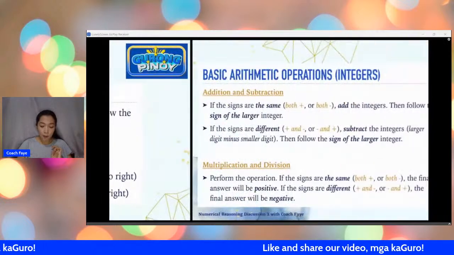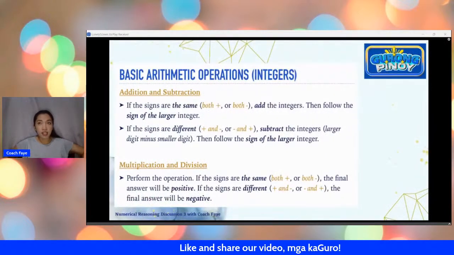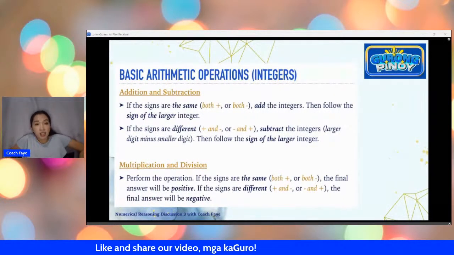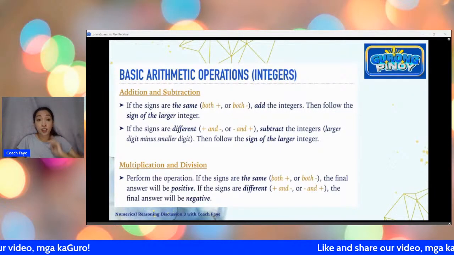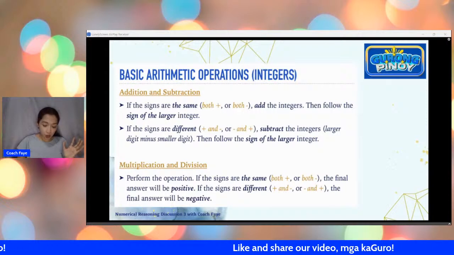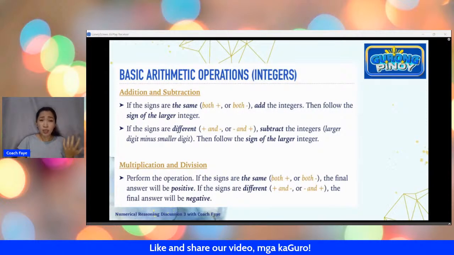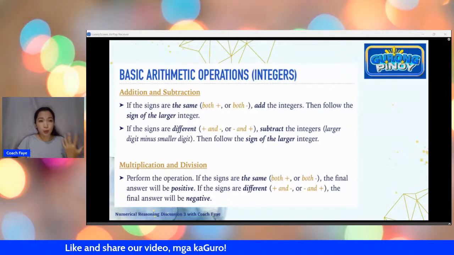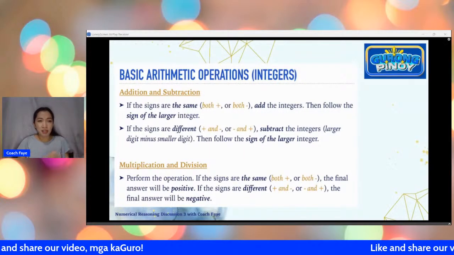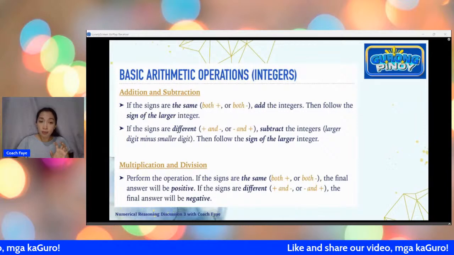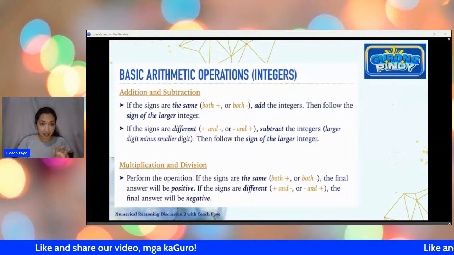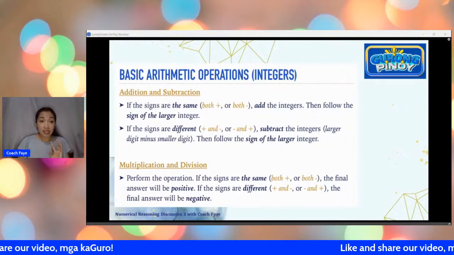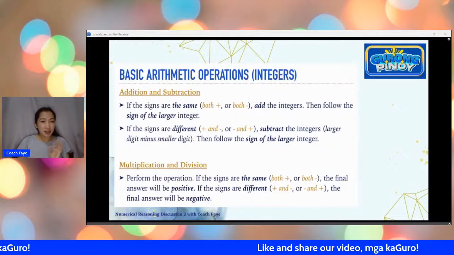Okay. So, of course, when you're doing basic operations, it's not just PEMDAS. Sometimes you have to consider some things as well, like ano po yung gagawin natin if we have certain numbers or certain things to do. For example, what if you're supposed to add or to subtract, tapos may paiba-iba ng sign, may positive, may negative. So, paki-recall lang po natin yung mga specific things to remember. If the signs are the same, add. Parehong positive, parehong negative, add. Then copy lang po yung sign.